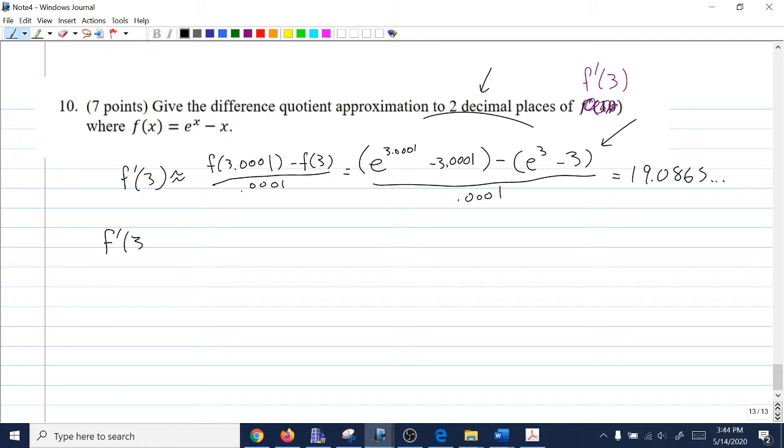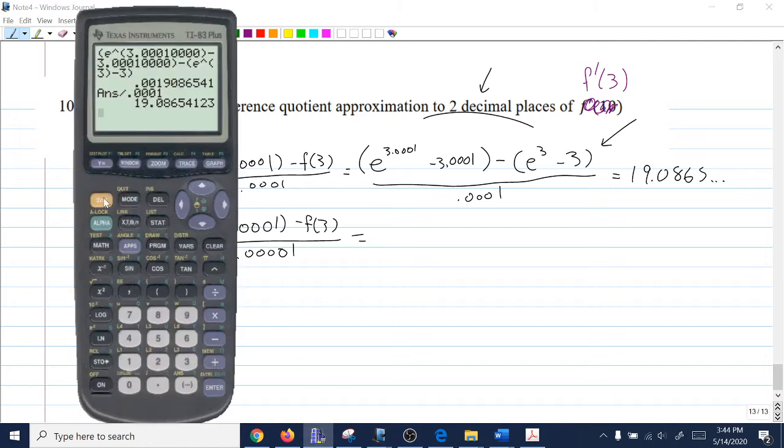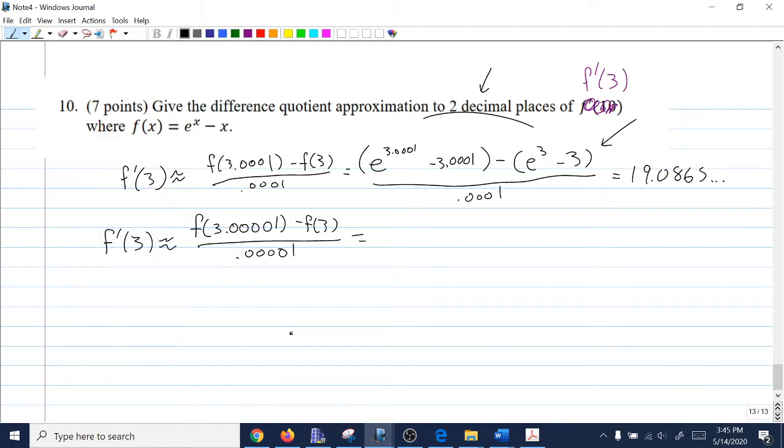Now let's try it with even more accuracy. Let's try f prime of 3.00001. Second enter, second enter. Divide that by 0.00001, and I get 19.085